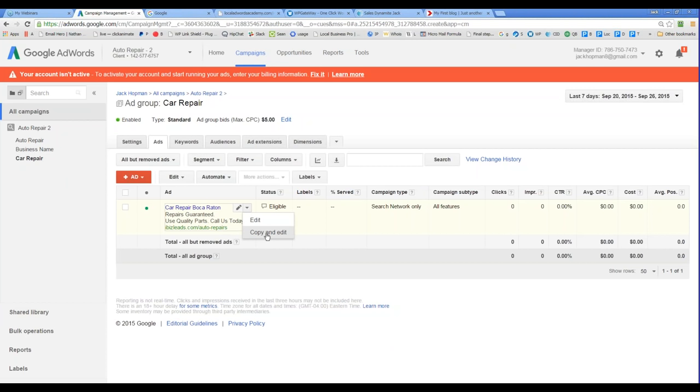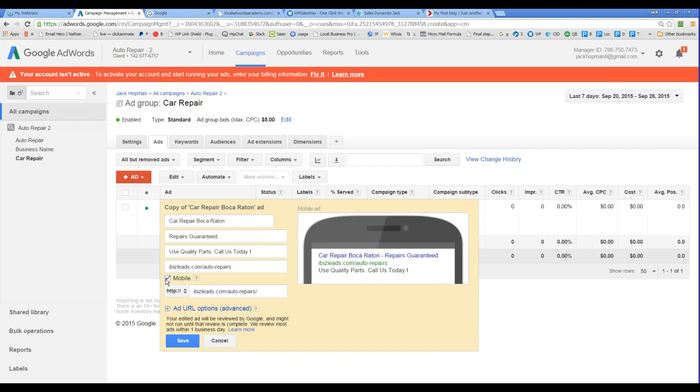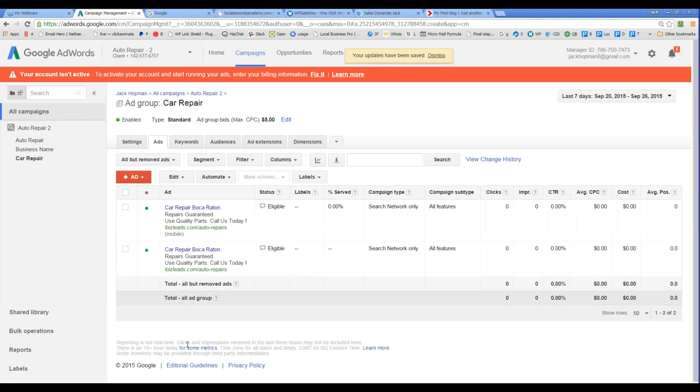You want to do copy and edit, and then on the screen you see a selection box, mobile. You select that selection box, and now it is for mobile, and you click on save. And now it will show that this ad is only shown for mobile devices. It's pretty simple.